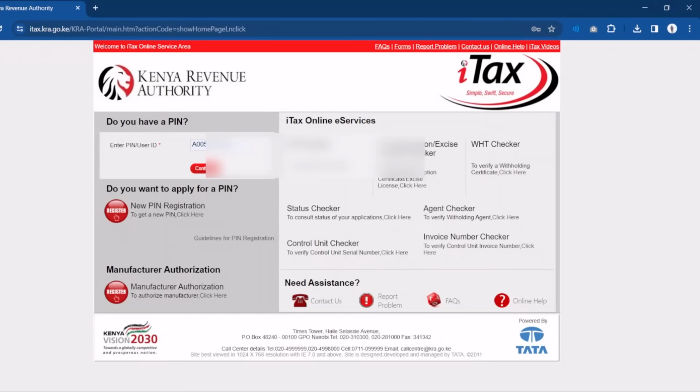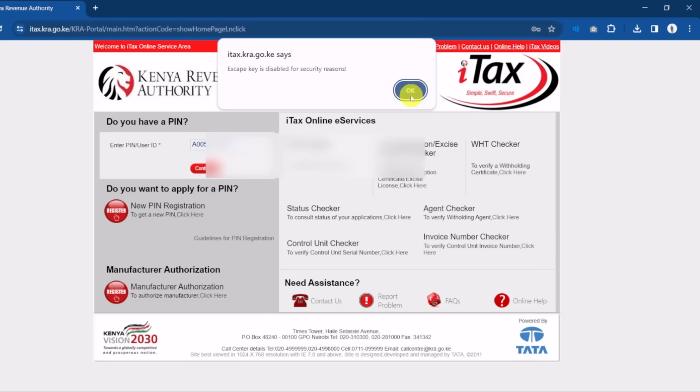Welcome. Let us see how we file the KRA tax returns using the P9 form. In this tutorial, we are going to use the Excel sheet method to file the returns, and I'll use the P9 form from the Teachers Service Commission. First thing, visit this website,